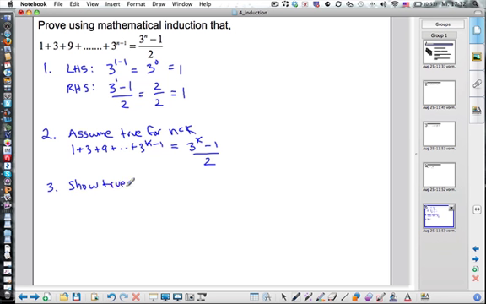true for n equals k plus 1. Okay, so we have 1 plus 3 plus 9 plus a bunch of other terms plus 3 to the k minus 1 plus 3 to the k plus 1 minus 1, and that should be, assuming this is true, 3 to the k plus 1 all divided by 2. Okay, so if we simplify this a little bit,